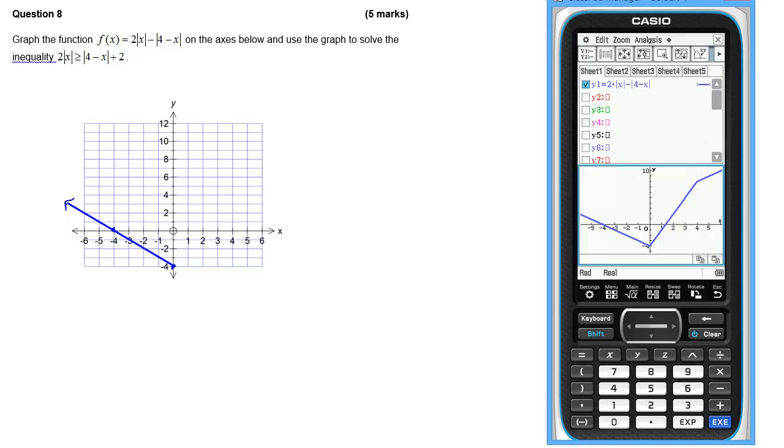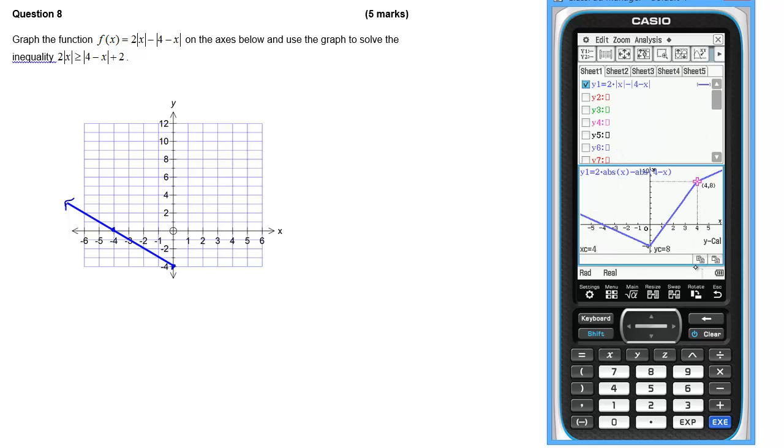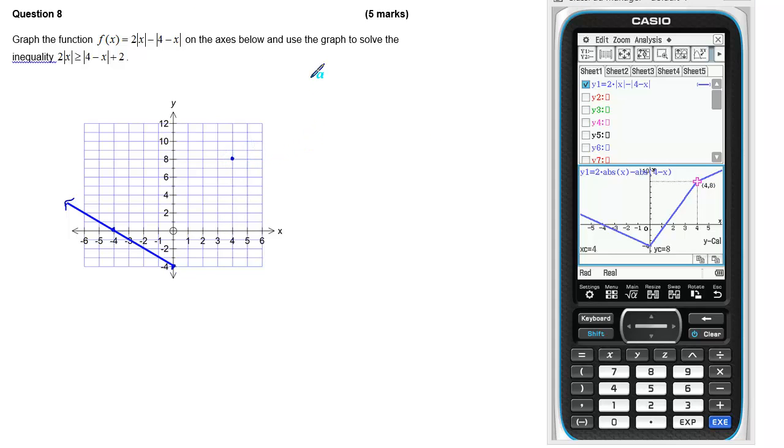Just to make sure, let's do a G-solve, do a Y-cal when x is 4, and I can see it is there at 4,8. So 4,8. So we've got another straight line section that goes from there to there, and then I can see it turns,